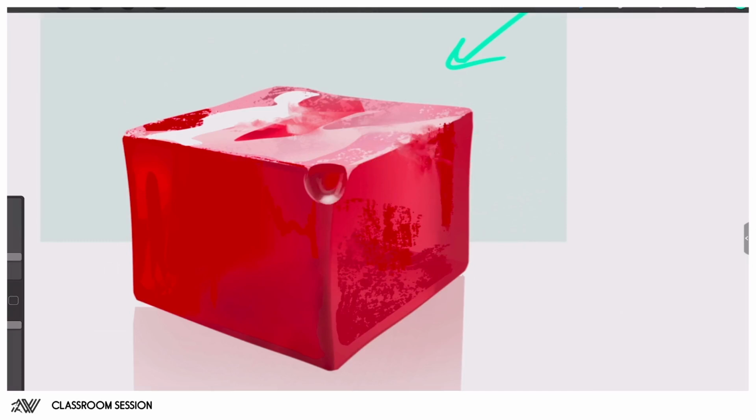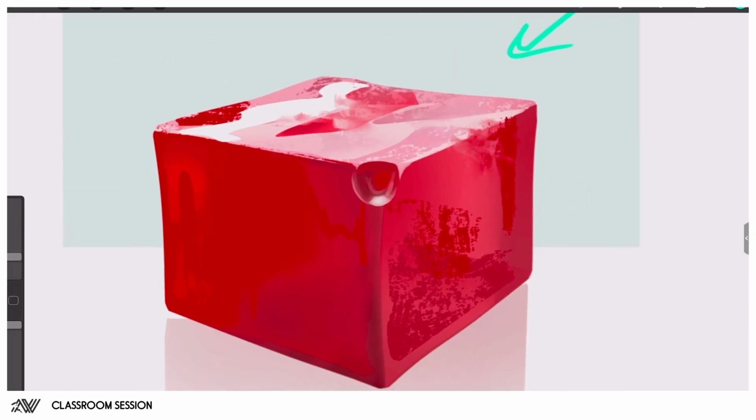The most notable thing, I think, if you want to make a thing look translucent, or in this case, jello-ish, is that a lot of the translucent lighting is going to happen on the shadow side. The reason it is happening on the shadow side is because otherwise the intensity of the light source itself, so the planes that are facing the light source, those light rays are going to be much stronger than the translucent